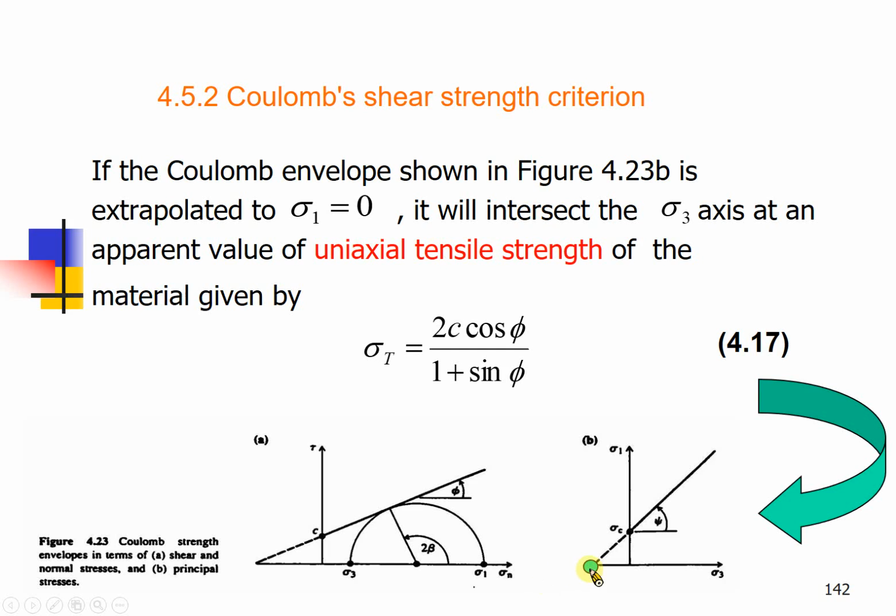Sigma 1 should always be larger than sigma 3, right? Sigma 1永远要大过于 sigma 3. So when sigma 1 equals 0, it means the uniaxial condition. 当 sigma 1等于0，不管 sigma 1等于0或 sigma 3等于0，只要其中有一个等于0，那就是单轴的条件。